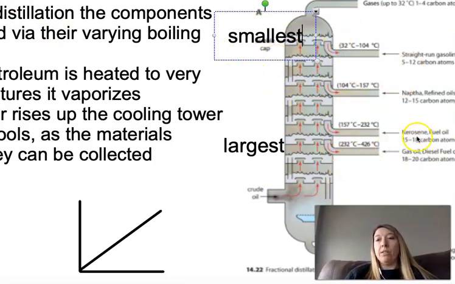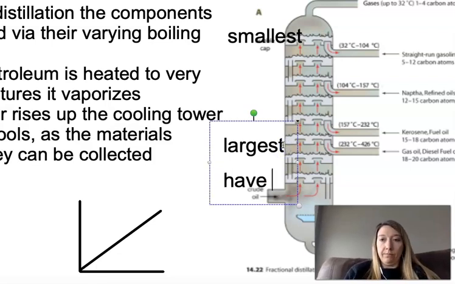So if you look here on the side, you can see that we get our oil, our diesel fuels, right? These are 18 to 20 carbons and are going to start to condense here, where our temperature is anywhere between 230 and 426. And then as we go a little higher up, where the temperature is a little cooler, we get a few less carbons. Now we're at 15 to 18. We go higher up, now it's 12 to 50. Now it's 5 to 12, right? So the bigger molecules are going to condense at the bottom. And that's because those bigger molecules